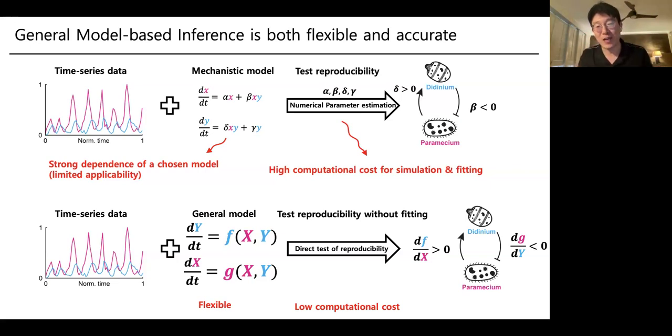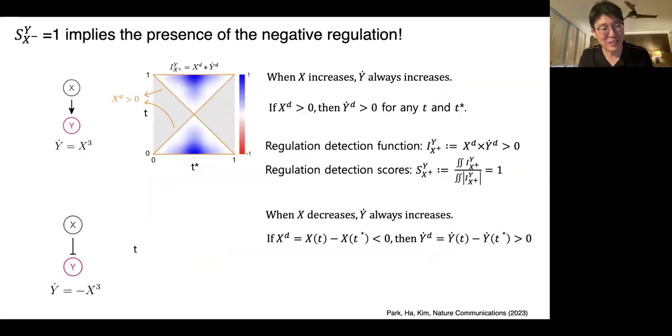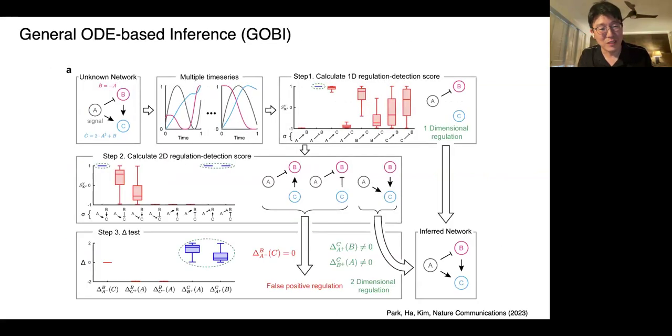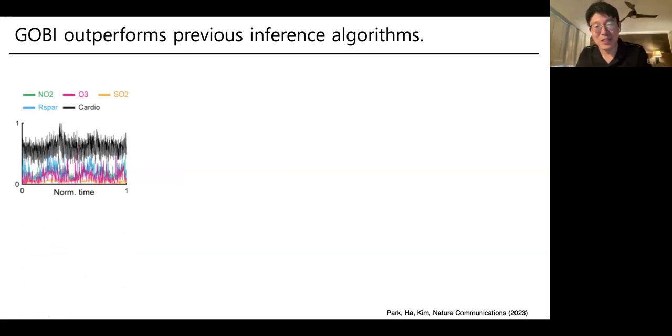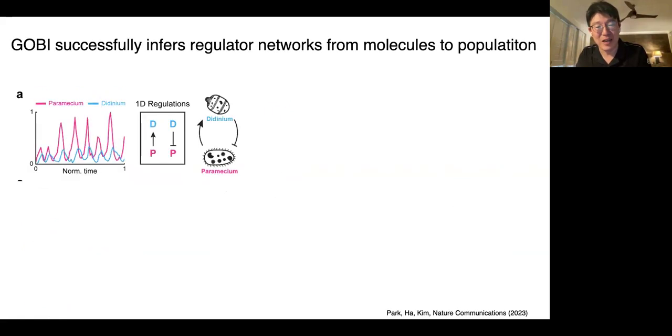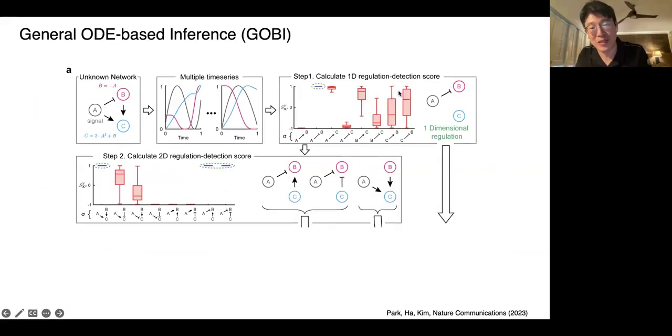So if we have a very long time series, actually, I skipped the explanation. For instance, this Hong Kong data is 3-year data. So in 3 years, there should be many changes, right? So how we apply the Gobi is we dissect this data into 1 month or 1 week windows. We apply the Gobi for each window, and then for each window, we calculate the regulation detection score, so that's why we usually get the distribution of the regulation detection score rather than just a single value.